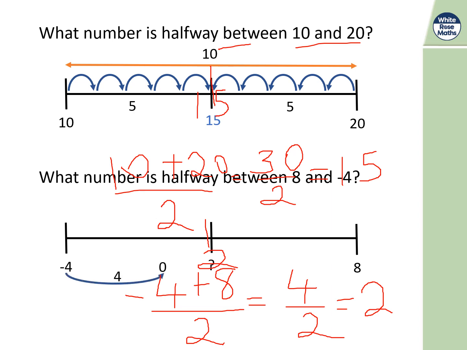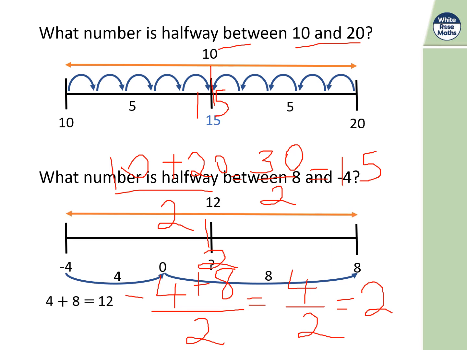Okay, so -4 there, and then 8 there. So the whole bar width is 12. Okay, 12 divided by 2 is 6. So it's split into 2 sections. Okay, minus 4 plus 6. So 6 jumps goes to the number 2. Okay, so again, doing it on my number line very